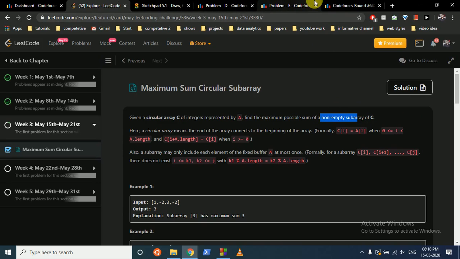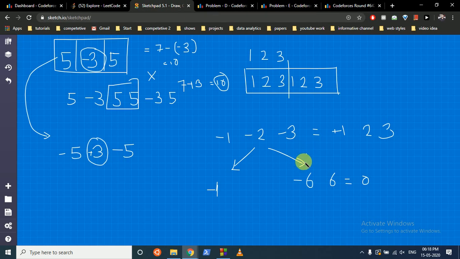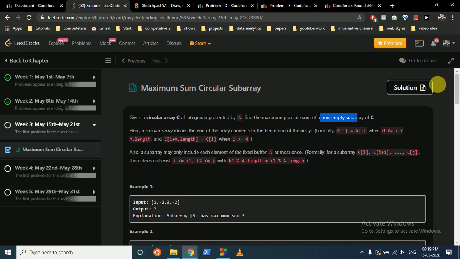So what we can find out is that for the second case, in which we are wrapping, not the first case, if the total value and the maximum subarray value after inverting become opposite, or the sign just inverts, what we have to do is just take out this element, because we don't want this in the final case, because it will give a zero answer. Or else, if they are not the same, we will just take the maximum of these two values. I hope you understand. Let's write the code and it will be more clear to you.